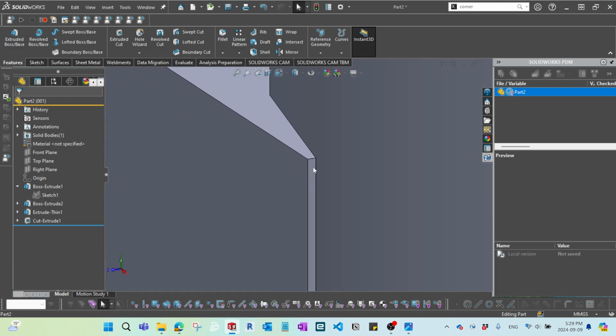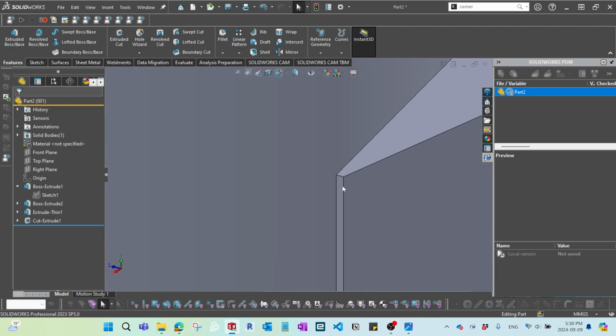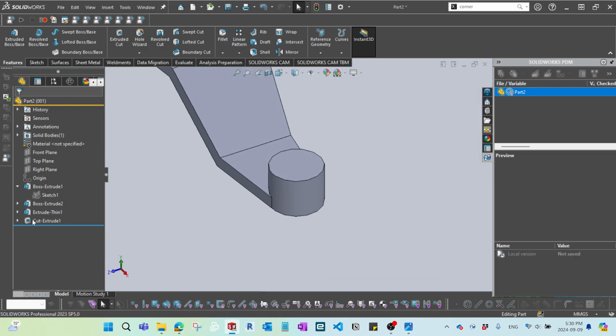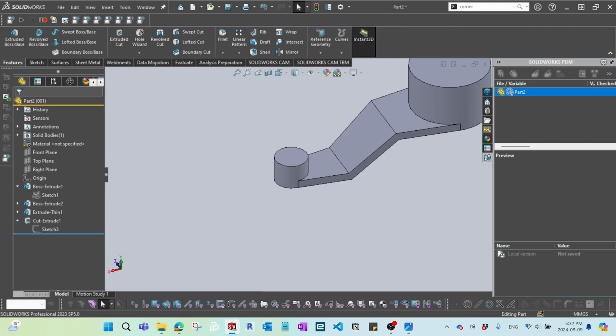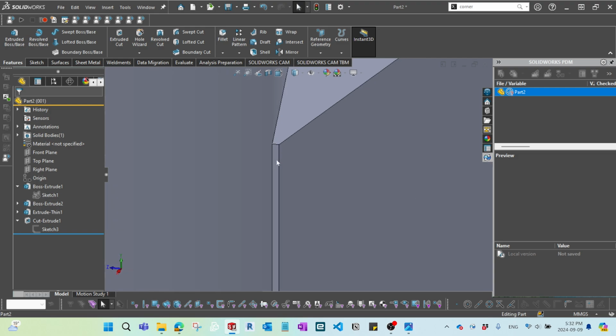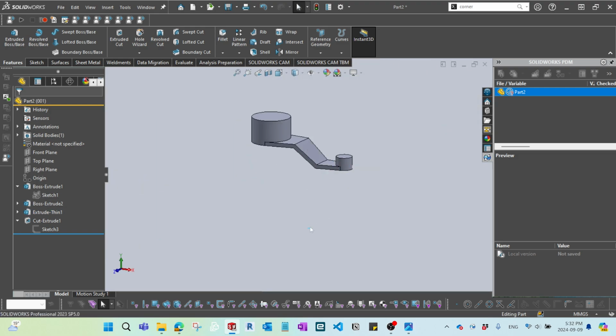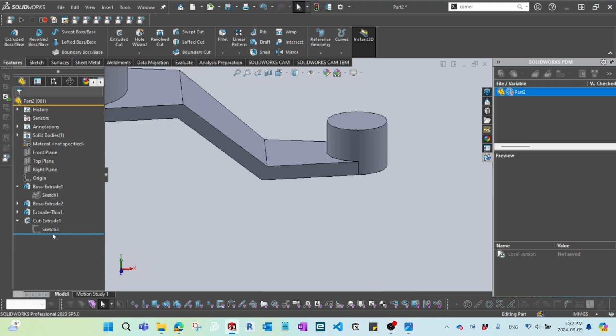Unfortunately this one seems to still have some material remaining. So let's have a look at it one more time. Let's go to the extrude cut. You might notice there's some material remaining, which is not exactly what we want to see. So in order to resolve this issue,